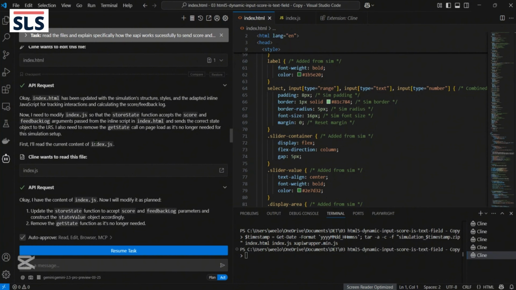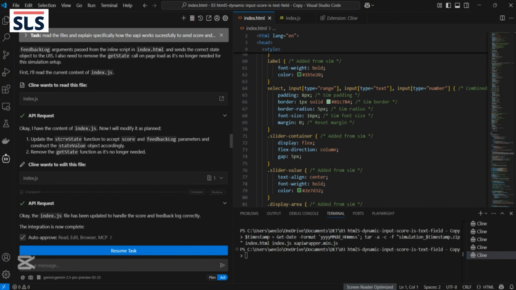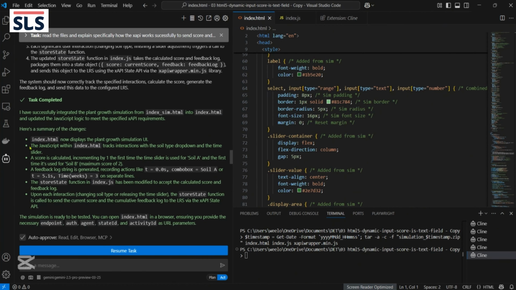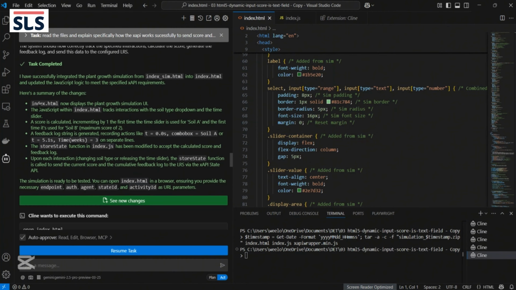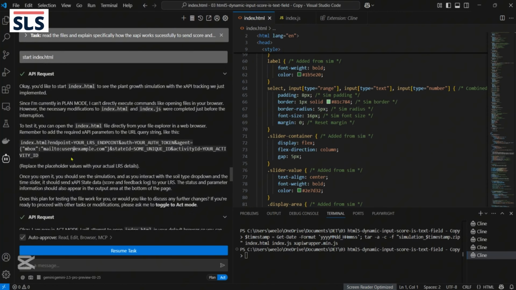After it has added, then it will do very clever things and read the other auxiliary files and make sure that it understands the functionality of what it does. Also, it managed to implement this correctly. So when the task is completed, it will say that it has finished its task, and then it will give you a summary of what it does. Just briefly read through, and then you don't have to even see the changes. Then you just continue to ask the AI,